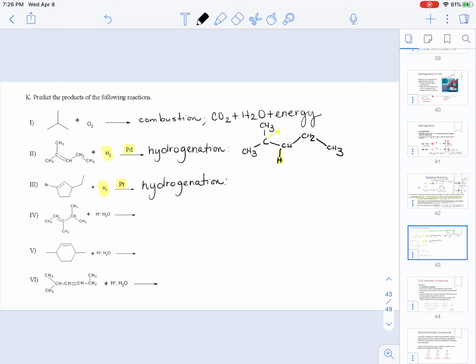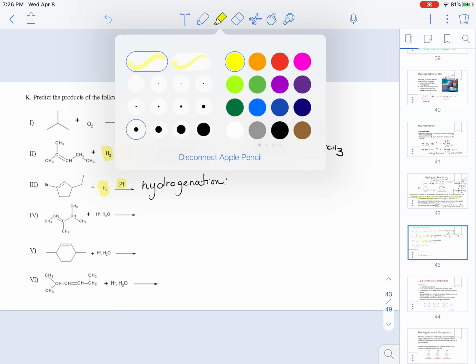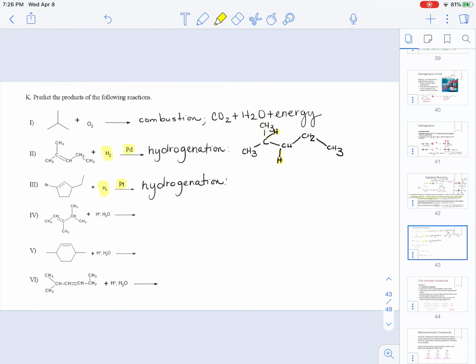But if I highlight the atoms, I think it will work better. The carbon-carbon double bond, which used to exist here, now those atoms are going to have each of them a hydrogen. On Roman numeral 3, if we need to predict the product of the reaction, again, we are going